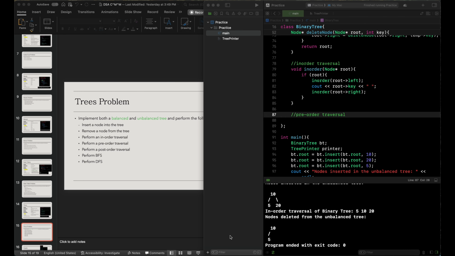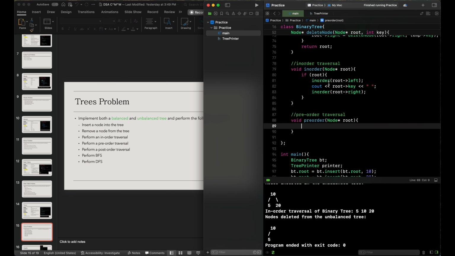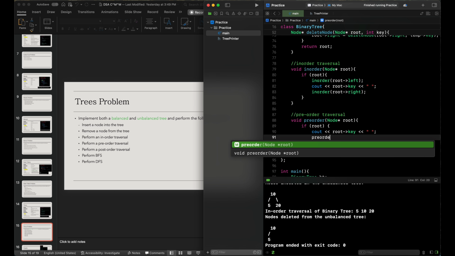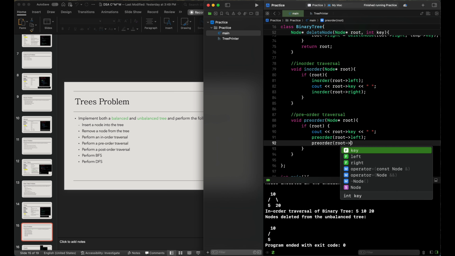And now going over pre-order traversal. So pre-order traversal will be the following, much like what we did in the balanced tree, except we're putting it inside of our unbalanced tree, but the principle still applies. So we go void pre-order node at the root, and then we will be checking, much like what we did previously, if the root will output the count root key right there, and then we do pre-order with the root on the left, and then the pre-order with the root on the right,